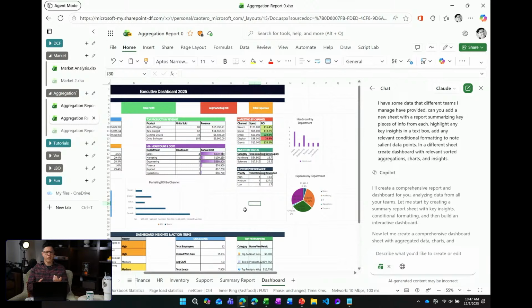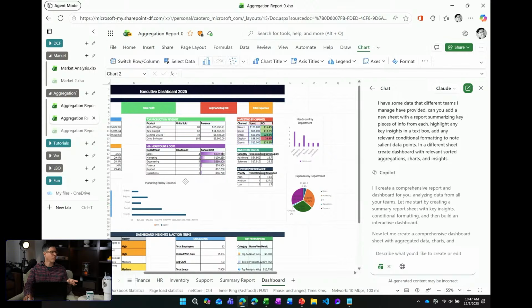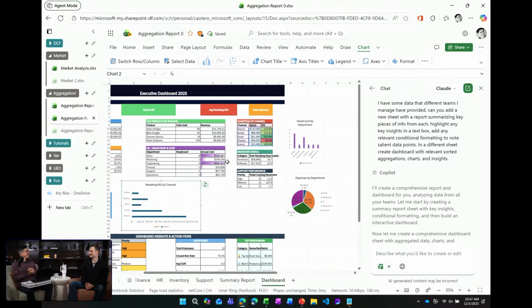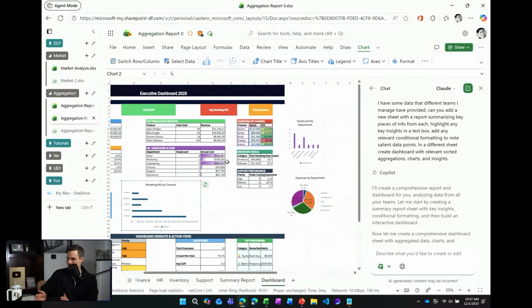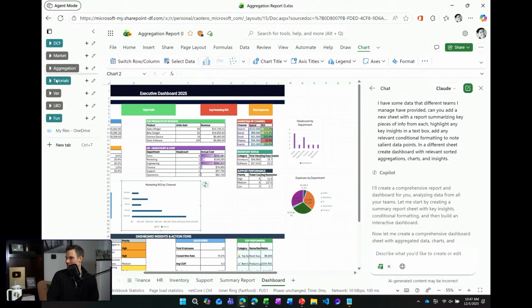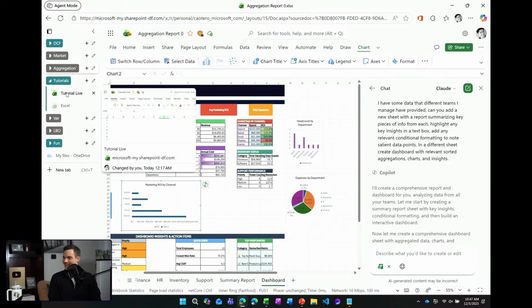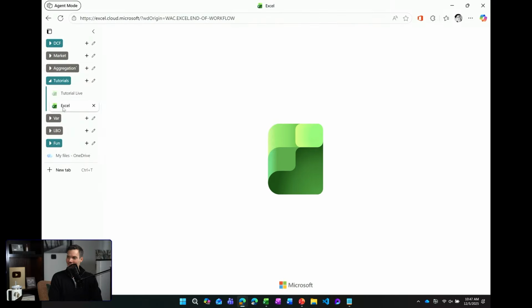Correct. But the truth is that certain things are just more efficient. If I need to move a chart, I just move the chart. One thing that's interesting: on the YouTube channel, one of the most popular videos is how to build a dashboard in Excel. Of course, because so many people have lots of data and they need some way to visualize at a high level what's going on. And seeing this, where you have multiple worksheets and can pull together a quick dashboard and then just tweak it, and the fact that it's live, so if you bring in additional data, it just updates. That is pretty neat.